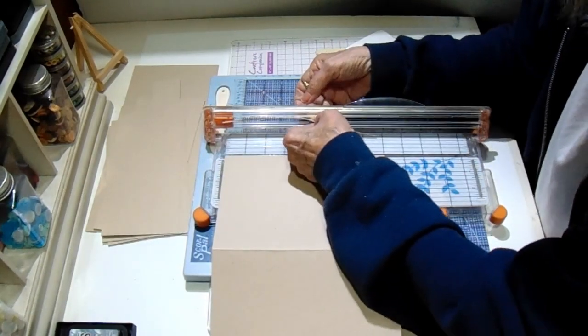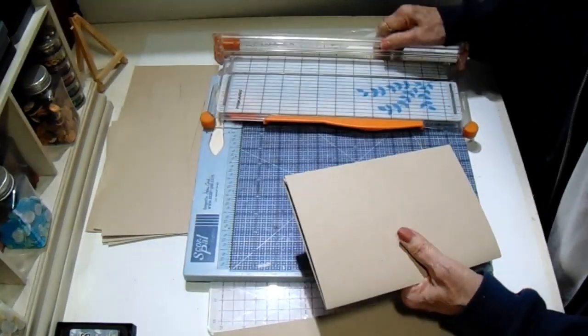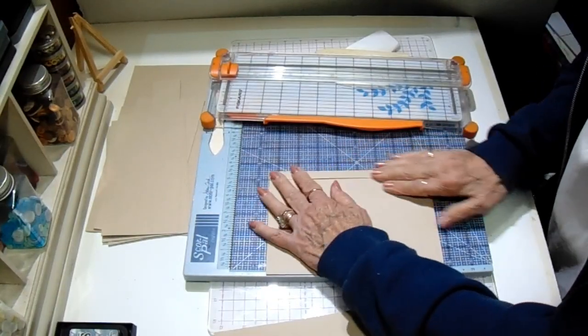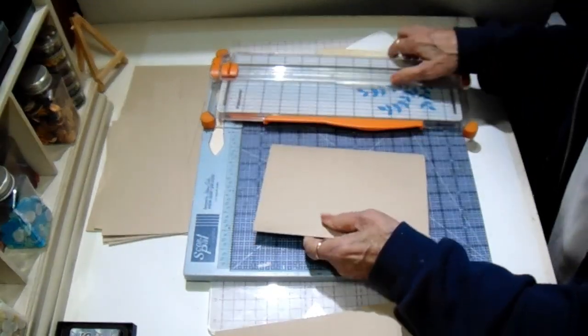Just that skinny little piece. That's all I took off. See if that helps. It should, and I'll probably have to do that to all of them. Now see, it doesn't pucker anymore. It lays nice and flat. And this will be covered with design paper anyway, so